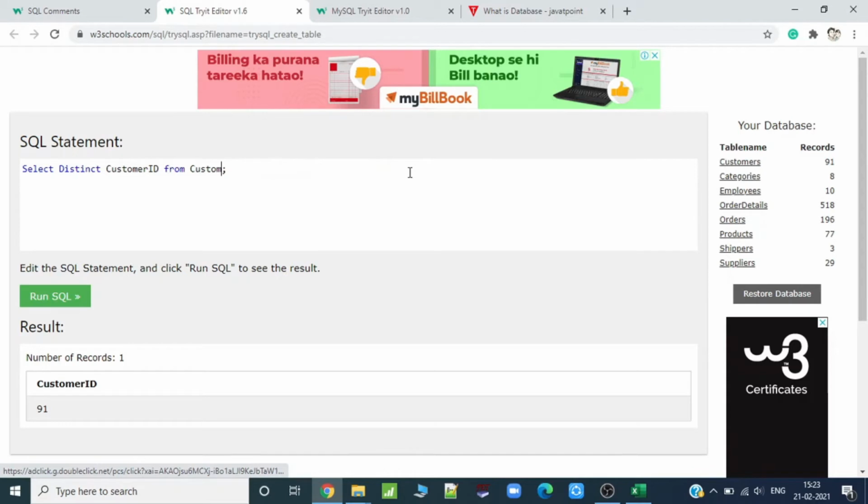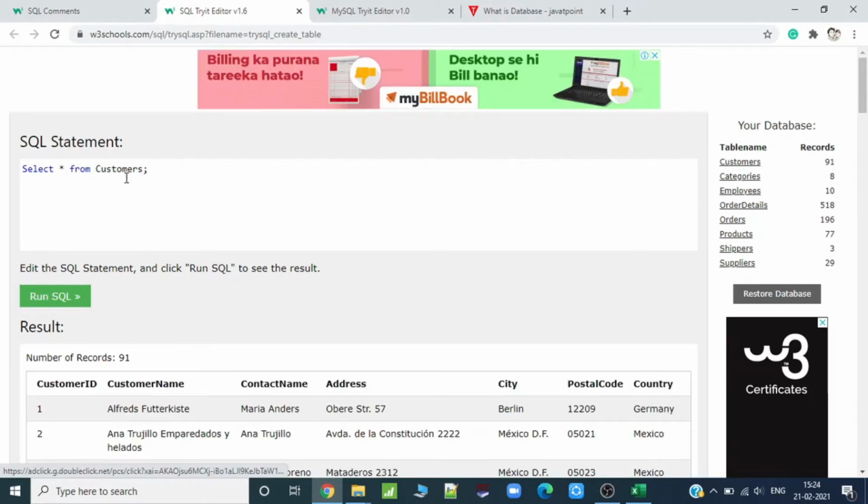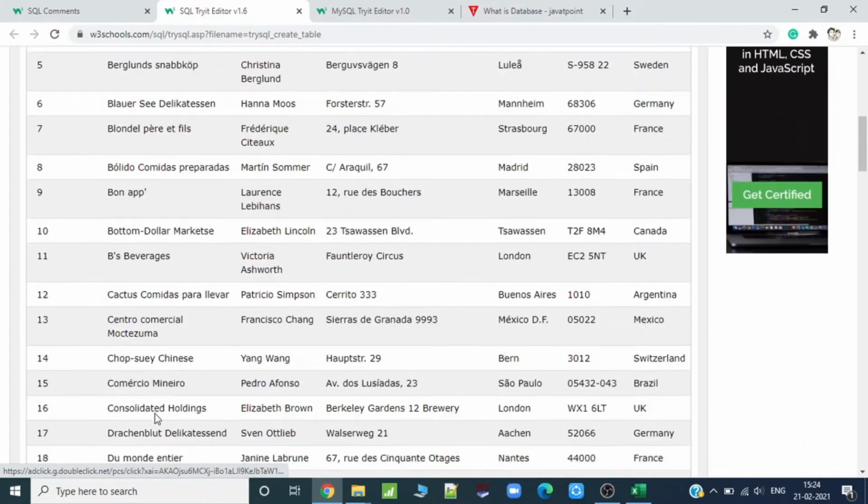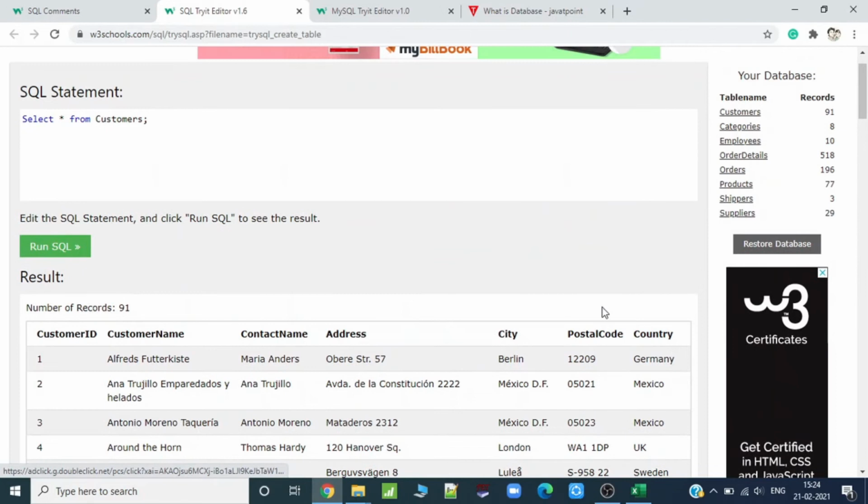This is what we are doing on the whole database. But sometimes there is a requirement that you need only rows matching a condition. If this condition is fulfilled, then only you can apply all other checks. So first, I will just do SELECT * FROM customers. So it will have all the 91 records, right? Now you want all the customers from the location having country as Germany. So now what I will do is SELECT * FROM customers.